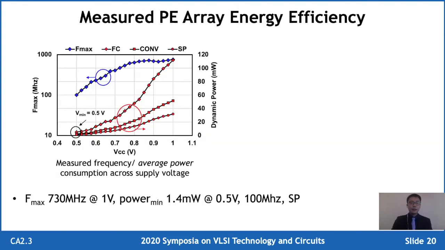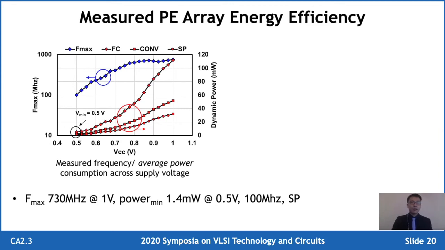And this slide shows measured PE array energy efficiency. In the figure on the left, it shows the maximum clock frequency as well as dynamic power across various supply voltages. For the clock frequency, we measure a maximum clock frequency of 730 megahertz at 1 volt. And for the power, we measure a minimum power of 1.4 milliwatt at 0.5 volt, 100 megahertz for sparsely